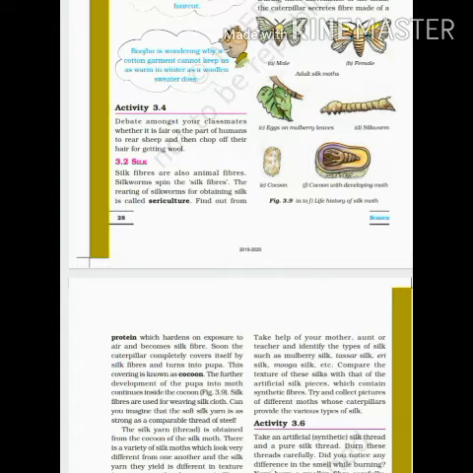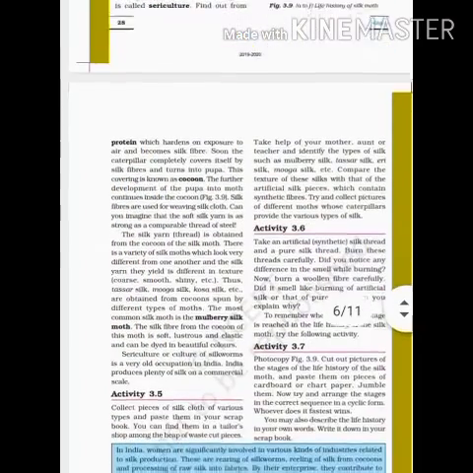The cocoon is made by the caterpillar to protect its development as pupa. The silkworm continues to develop inside the cocoon to form silk moth. Remember, pupa is the stage in the life history of silk moth when the caterpillar becomes encased in the hard shell of silk fiber. In stage 4,